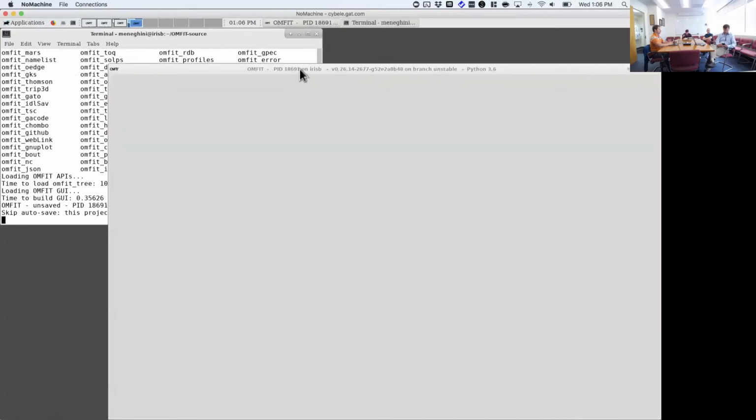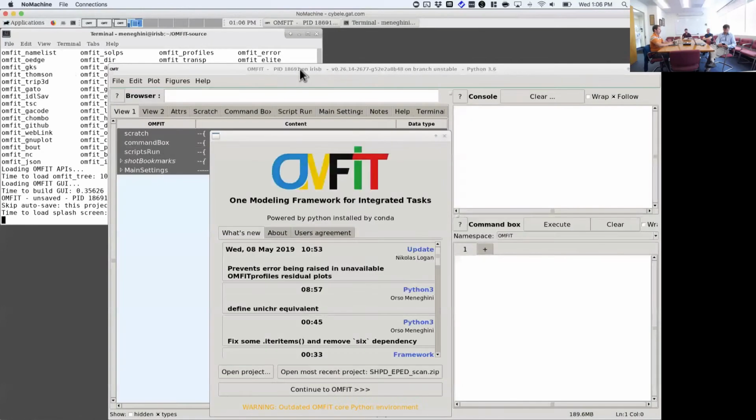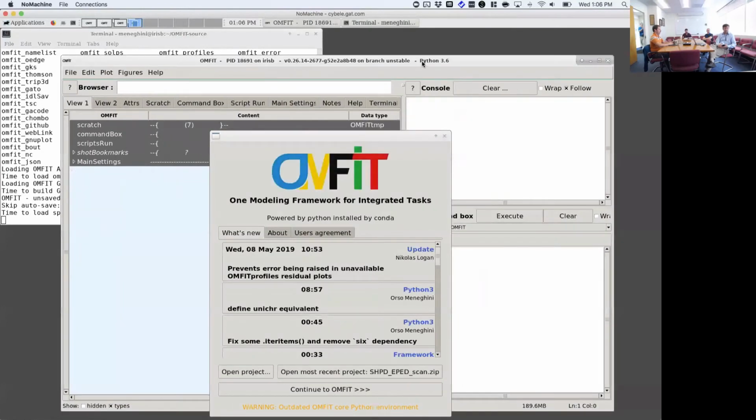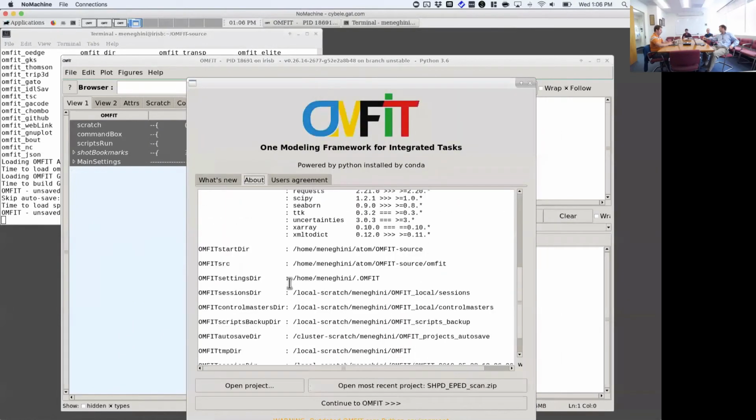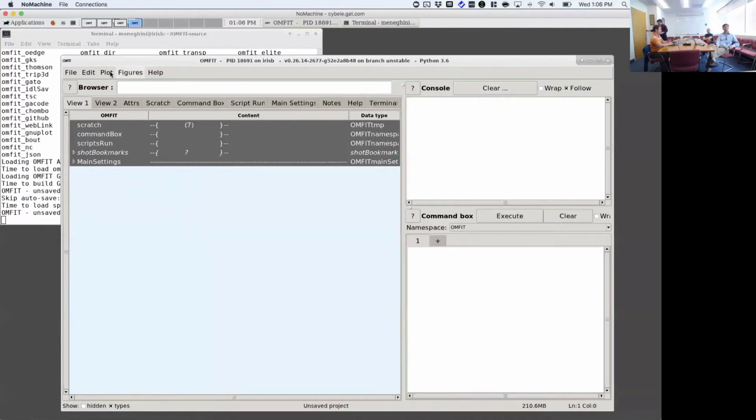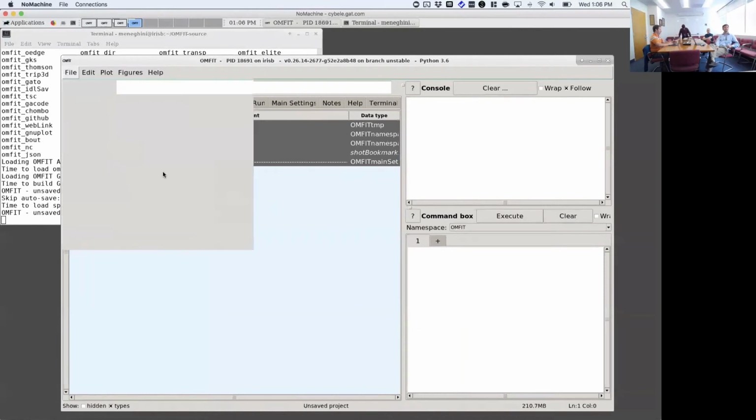When OMFIT starts, we can see that we are in Python 3. This is written up here. In this case, it is version 3.6. If we look at the about, we can see that the source code directory that I'm using is indeed from my home folder, which is what I wanted. And now here, if I do import module,